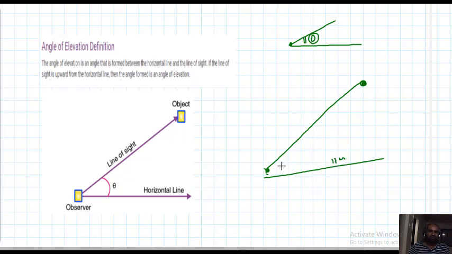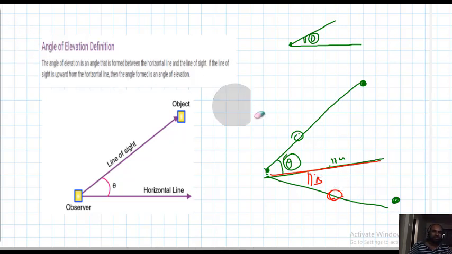The angle between vision ray and horizontal ray is said to be angle of elevation if your line of sight is above the horizontal ray. This is one situation. For example, the object is here and the person's eye is here, so the eye and object are joined. Now this is the line of sight or vision ray, and this is the horizontal ray. Now this angle beta is said to be angle of depression, because the vision ray or line of sight is below the horizontal ray.